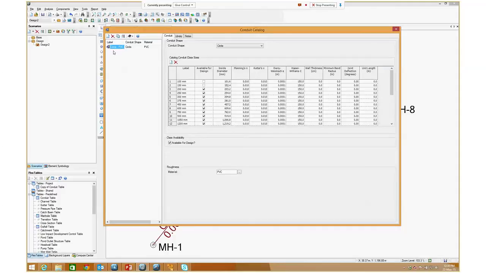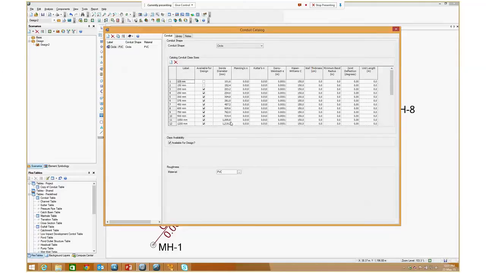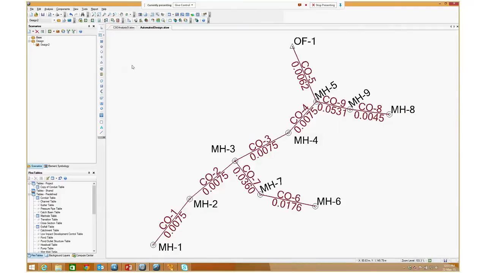To show you the library, if I import from library here and have a look, you'll see that I've got circular, different ones, aluminium, concrete, PVC, steel, and so on. Different box culverts, you can design culverts, channels, whatever it might be, and they're all listed there, as well as the ones that you may want to add yourself. So in this case, we've just ticked the circular PVC and added in this table here with all of the additional information, like the roughness factor and so on. So that's where it's going to grab the pipes to design from,